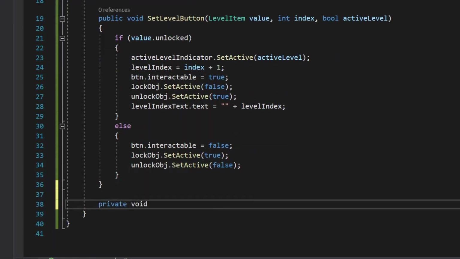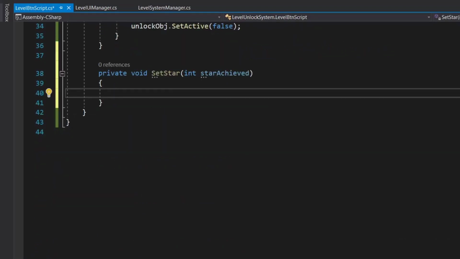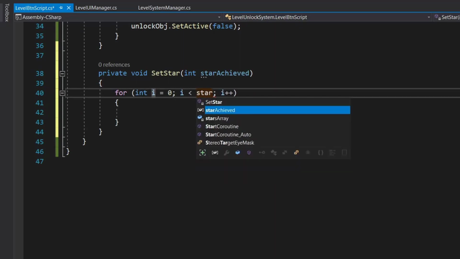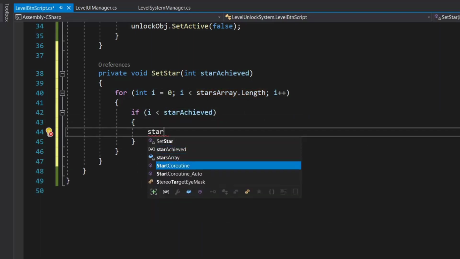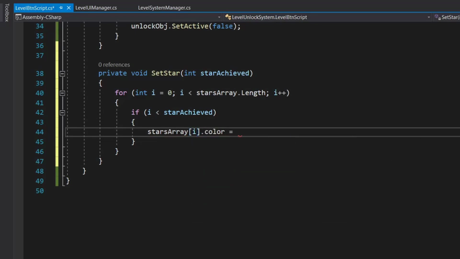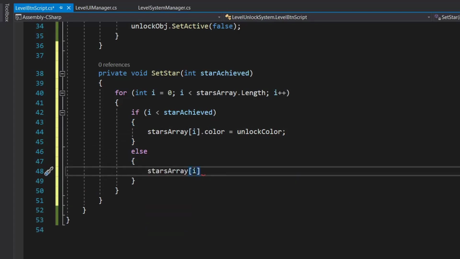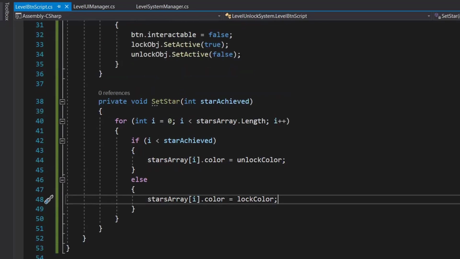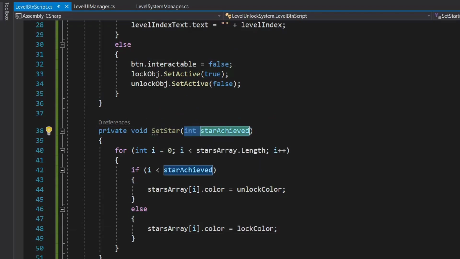So for that, okay, here we will create a method called set star, and we will take an int which is star achieve.